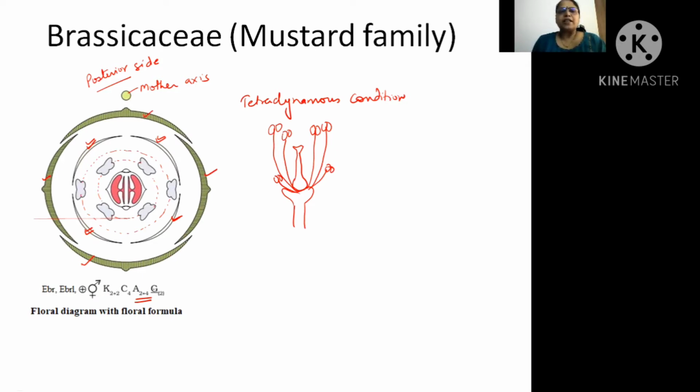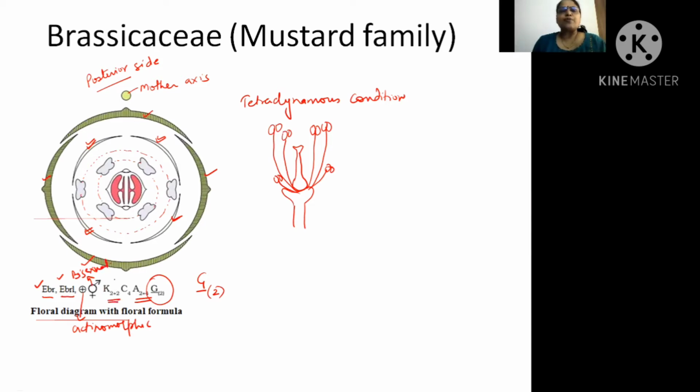Is it clear? Below the gynoecium, if you see carefully in the diagram, one line is there. It indicates a superior ovary, and a bracket is there. It means two carpels. So the bracket indicates syncarpous condition. It is ebracteate, means they don't have bract or bracteole. This sign indicates it's an actinomorphic flower. This indicates it is a bisexual condition because it is having both male and female parts.